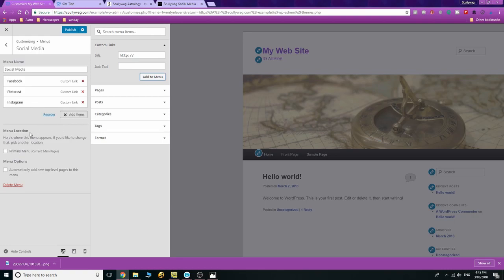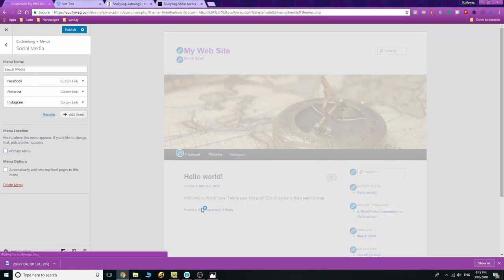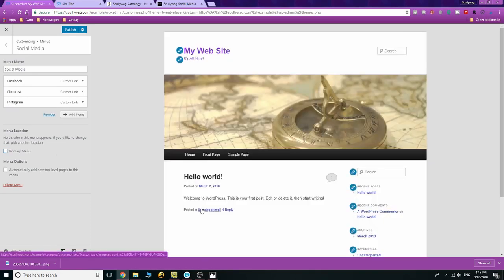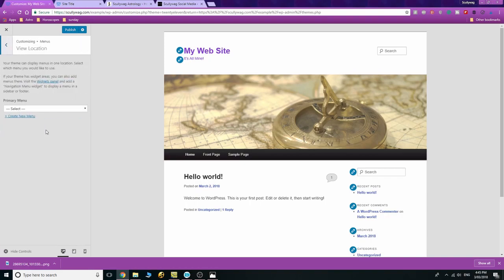Okay. We might decide that we don't want these pages up here. We want the social media ones to be there. And if I do that, I just select primary menu. You can see it's changed that. But I want to keep it with the other ones. And go back. Yep. So you can see now when it comes to the primary menu, which is this one here, I can